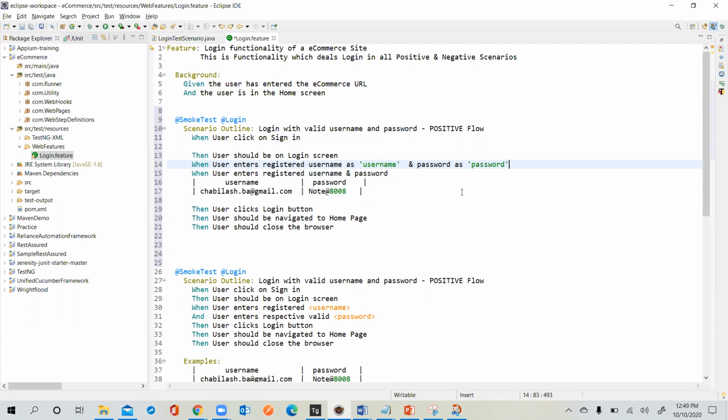Now, the second way of passing this is called data tables. In Cucumber, when you are passing these particular lines, line number 16 is the column name and it starts with 0, and line number 17 is with 1. You can give multiple things also, but as of now, with a data table you can have n number of columns, n number of test data.